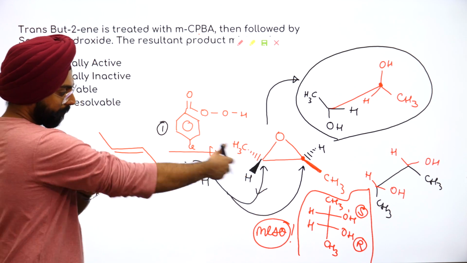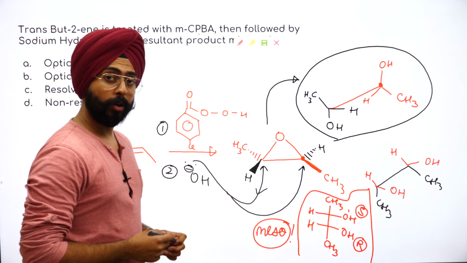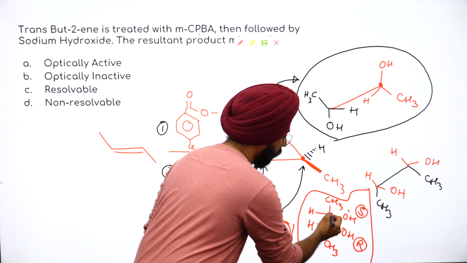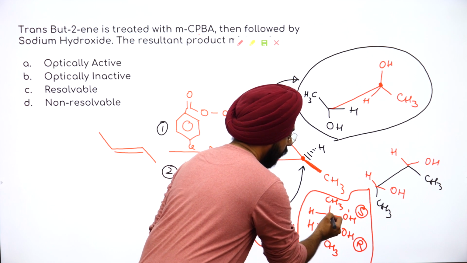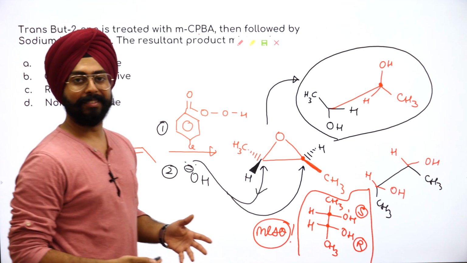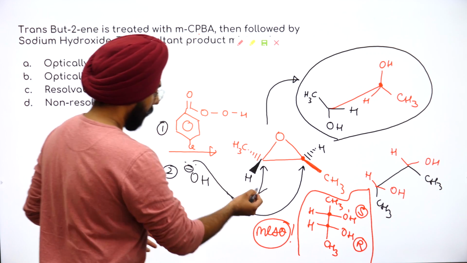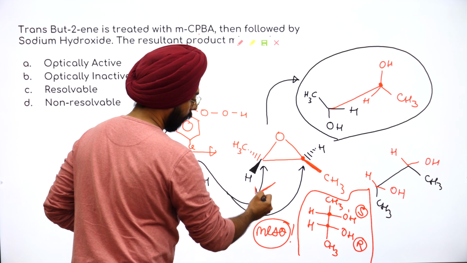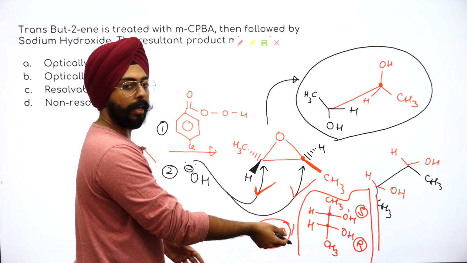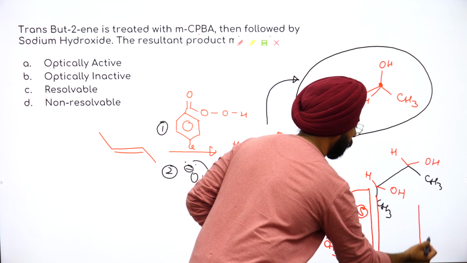Now people, this is a meso compound. Meso compounds are essentially those compounds which have chiral centers. These two carbons are chiral centers, but they have internal compensation of rotation, so they are optically inactive. Yes, this structure, we have made this one. If I make this structure, it will be the mirror image of this particular isomer. The mirror image will also be the same essentially.